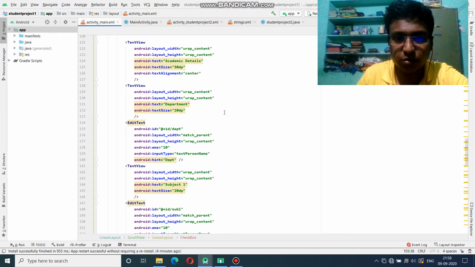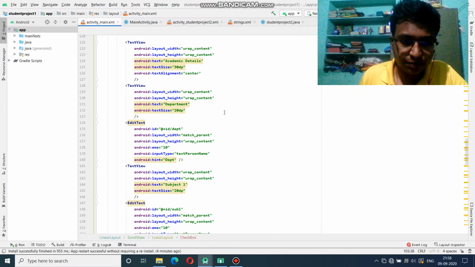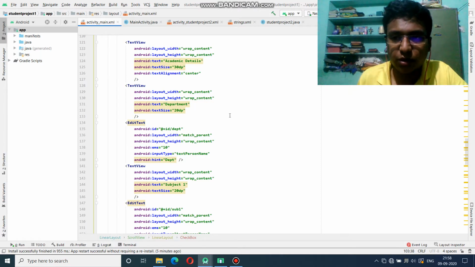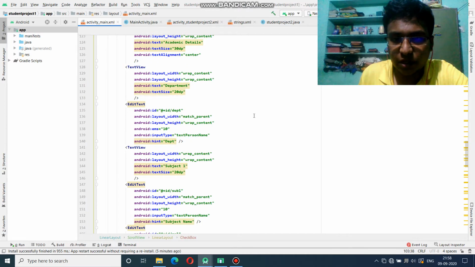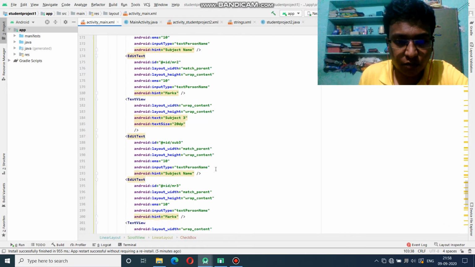In the XML we are going to create a TextView for each and every piece of information, and then we are going to assign an ID to it, and we are going to set the width and height, the text size and text alignment, and the padding, which is used to give a space in between them. We also give a hint in the EditText in order to make the application easy for the user to use. So these are all the things we are going to give in this XML file.